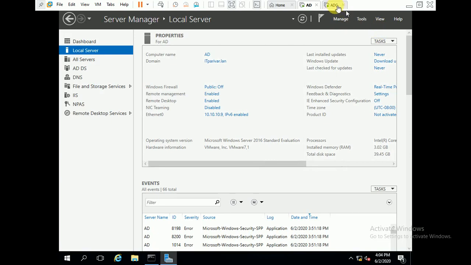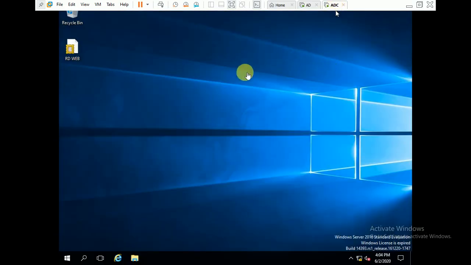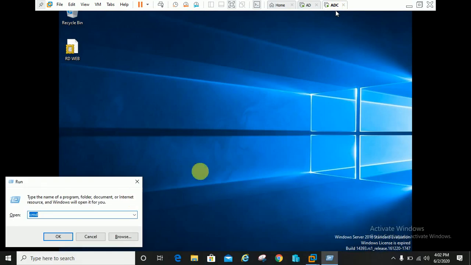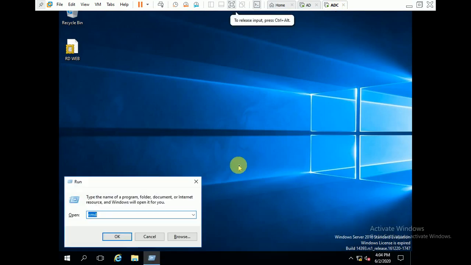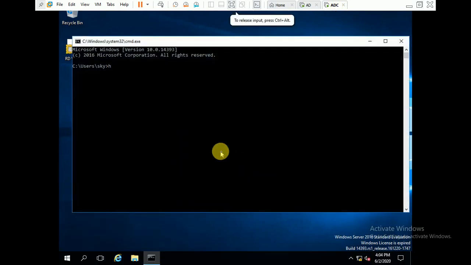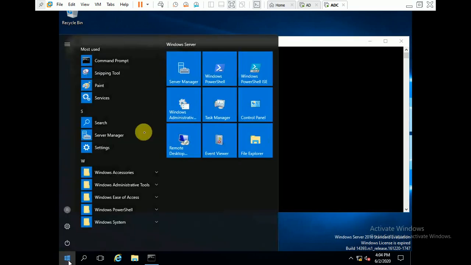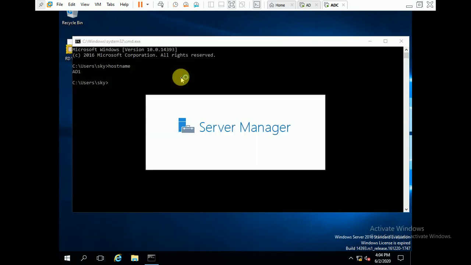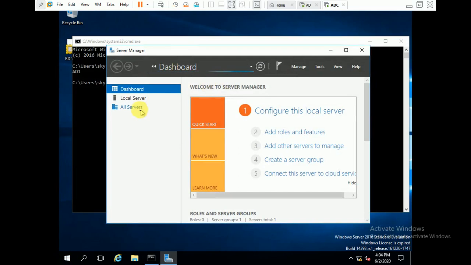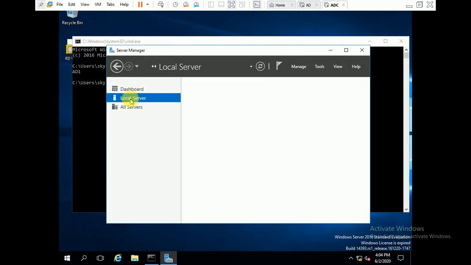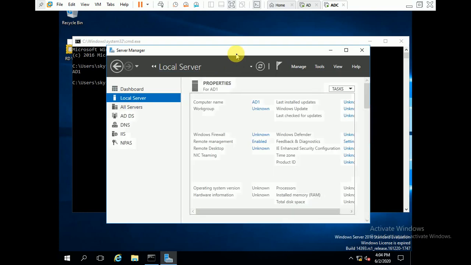And second, I have created one ADC server, and its name is AD1. We can check it from here in the same way. The host name is AD1, and if you go to Server Manager, you will find the same details.